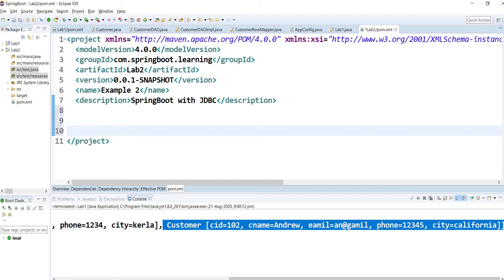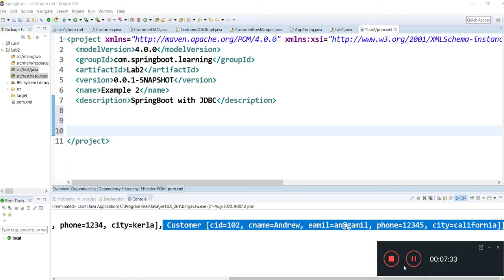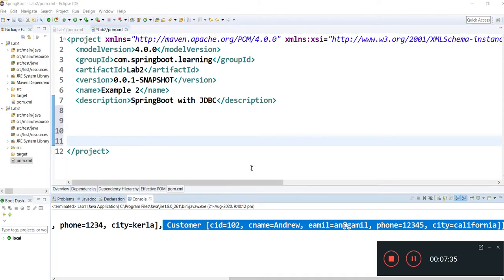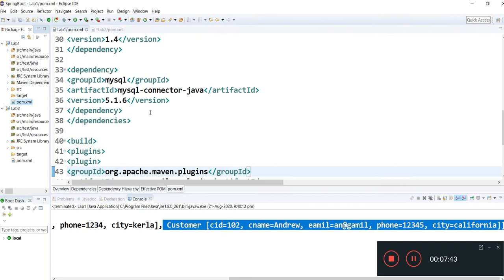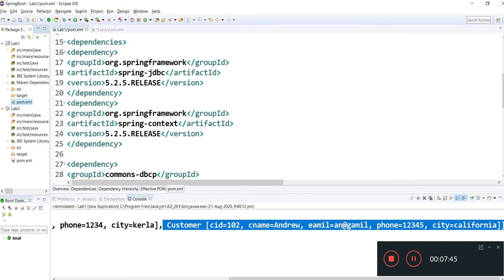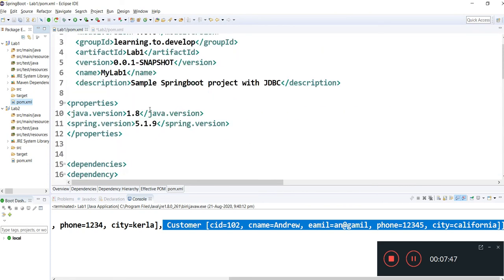Okay, so we will start from pom.xml. We need to start from the pom.xml file. First, take a look at our lab 1, what are the dependencies we have mentioned over here.